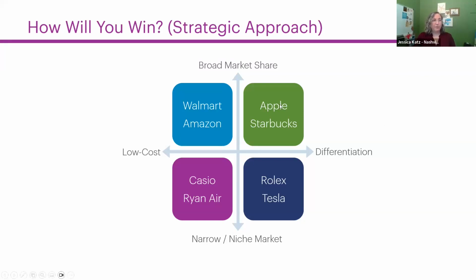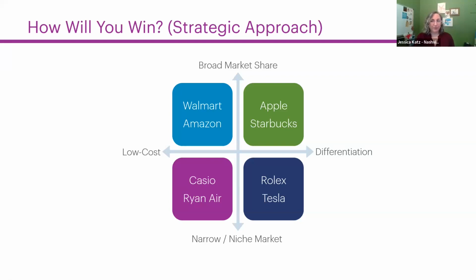And Apple is breaking with the status quo. I'm not an Apple user, so I think that's still their strategy, and I apologize if I've gotten that wrong. So broad market share differentiation on the right, and then broad market share low cost on the left. As we move down to the bottom, we see a narrower niche market. Tesla is a niche market, though it may be becoming less niche. Right now, it's a niche market in the electric vehicle business, and it's trying to differentiate as being a very,